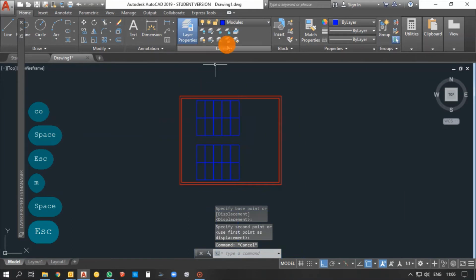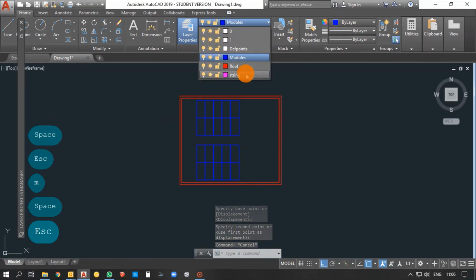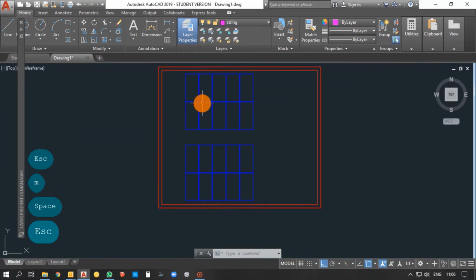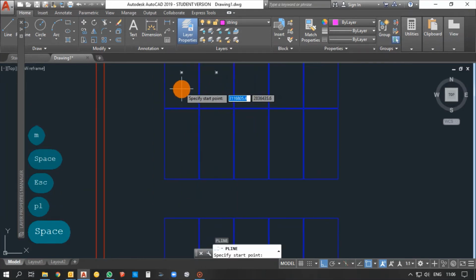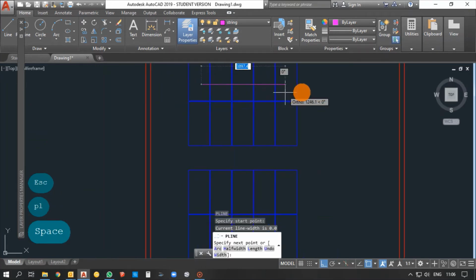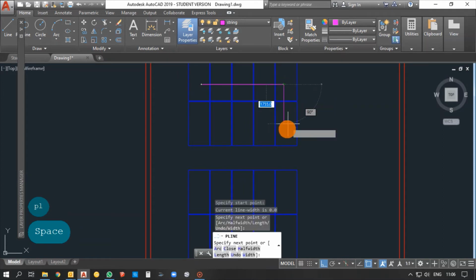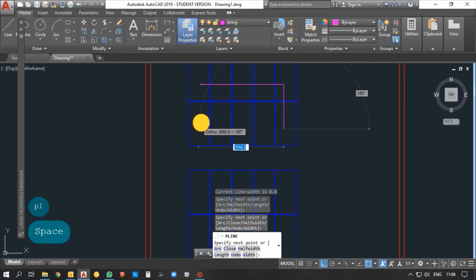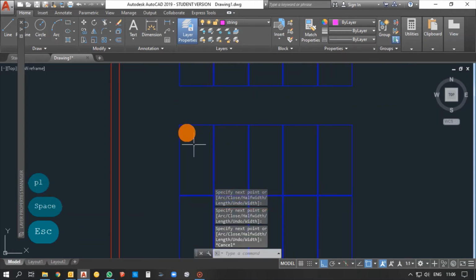So our next thing is stringing. So go for string and use polyline while making strings. So I want to connect all these 10 modules in a string. So I connected it, just take this as an example.